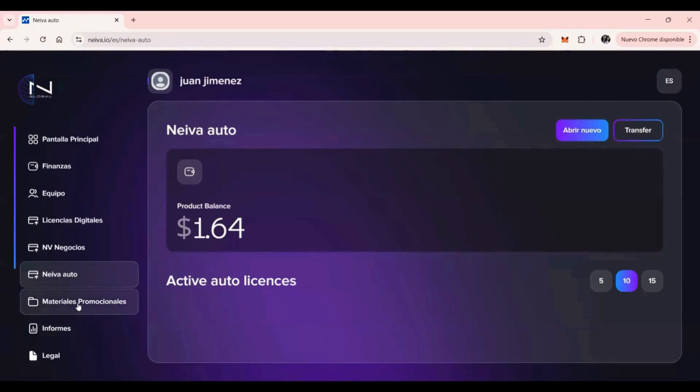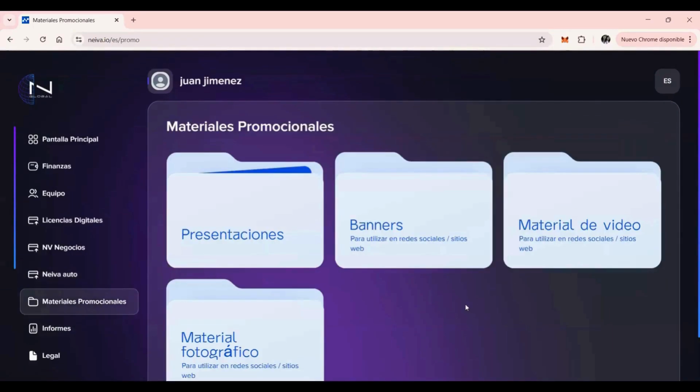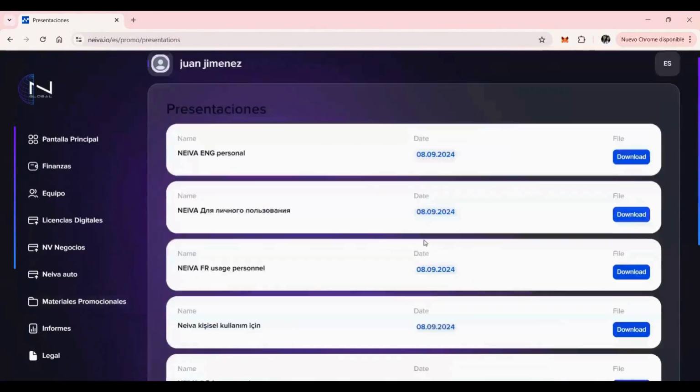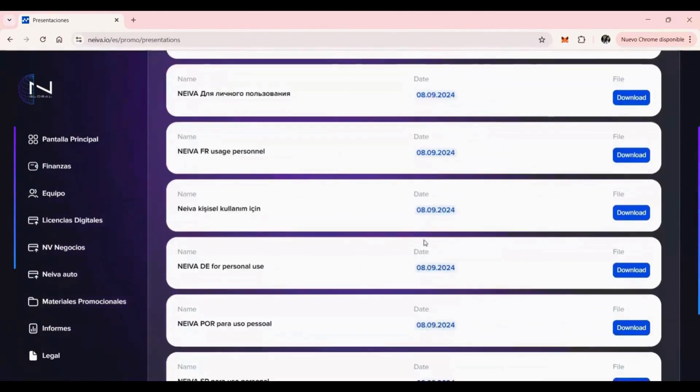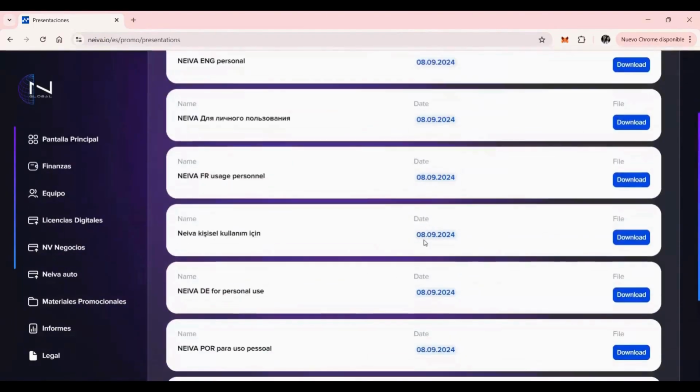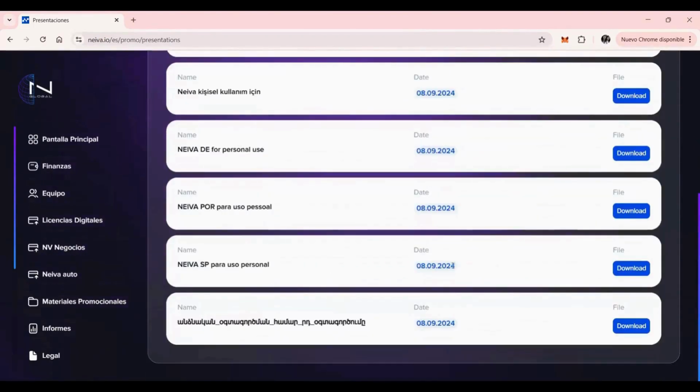Okay? Here, in promotional materials, you will have everything: presentations, banners, video material, photographic material. At this moment, I understand that the company is organizing all this information to make it available. This folder is already there. You can see it in your back office. The NV Global presentation is available in practically all languages. Here it is in Spanish. You can download it